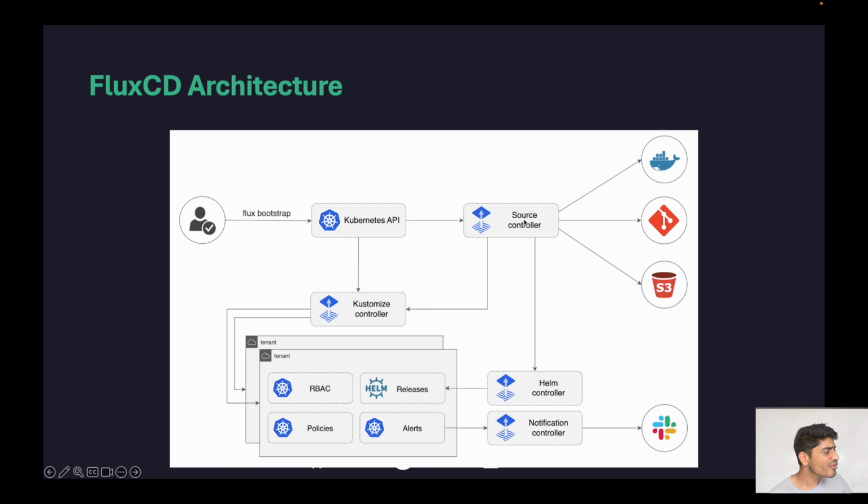And one of the controllers that I was talking about previously is the source controller, which is tracking various sources, whatever you define, right? Whether Git repositories or S3 buckets or maybe container registries, whatever you want to track can be defined via the source controller. They are managed via the source controller. And then there are other controllers as well, like the Helm controller, notification controller, and the Kustomize controller. Now, these controllers are doing their tasks, right? And whenever there is a change, the source controller tracks those changes and then applies those to the Kubernetes cluster,